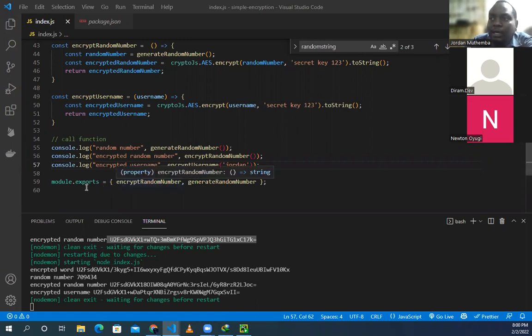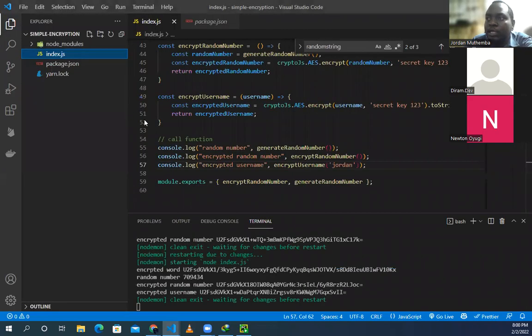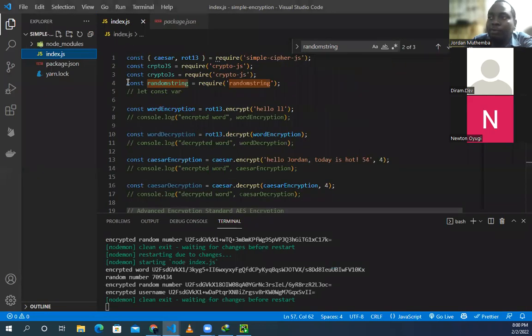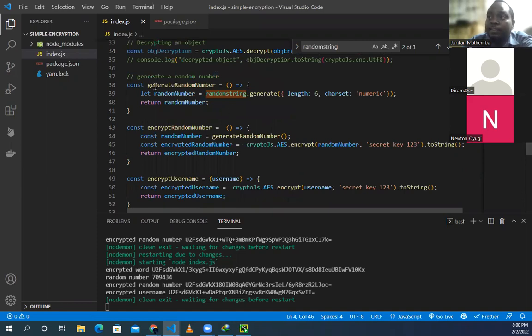Awesome. So this one, if you want to use it, let's say you want to use the function in another file. What we have been doing initially, we have been importing libraries or methods from different libraries. Now you have created your own methods. We have three functions. We have generate random number, we have encrypted random number, we have